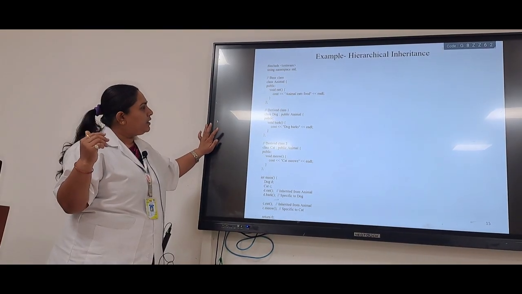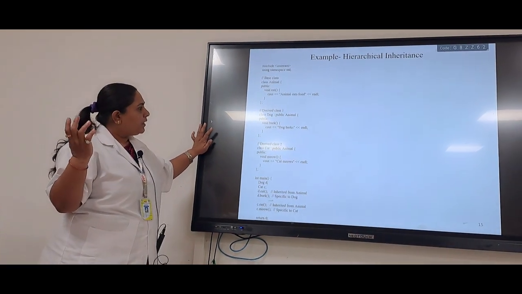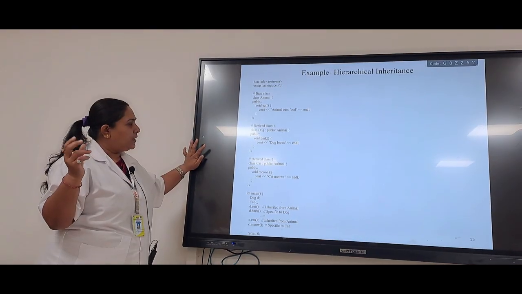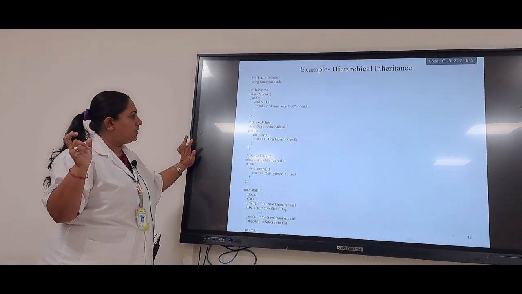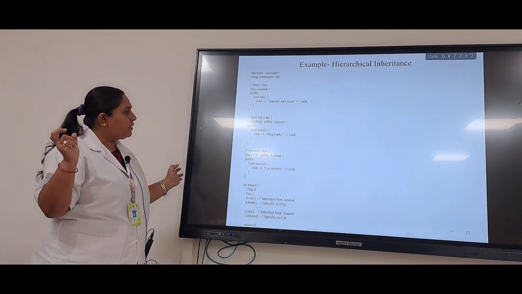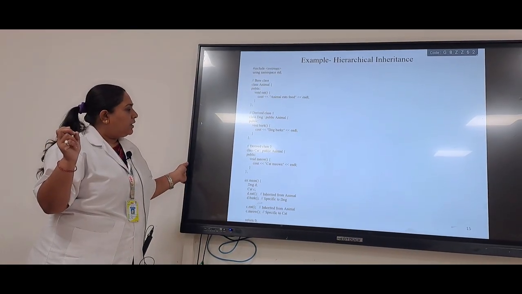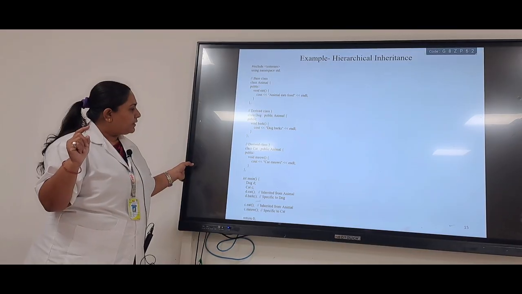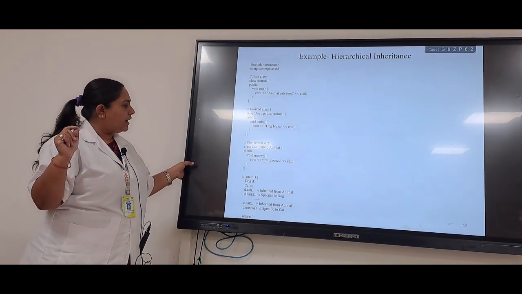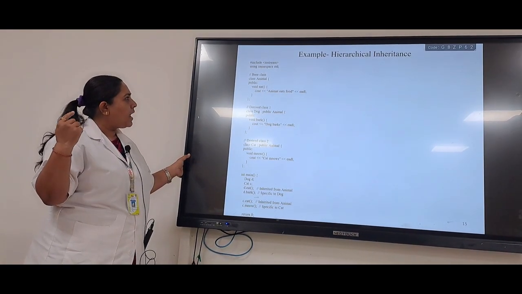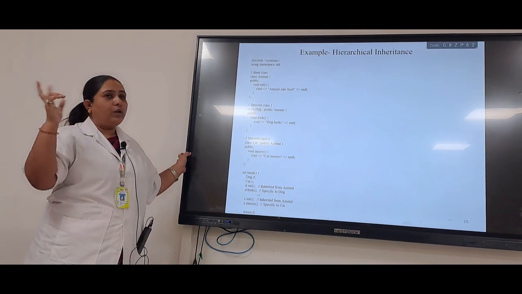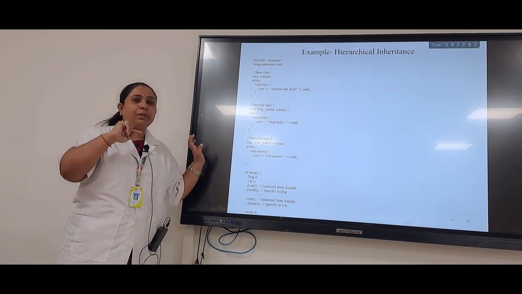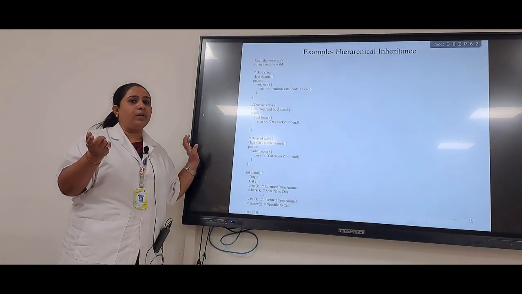I have one derived class dog, with a member function bark. Then I have another derived class cat. This cat is publicly derived from animal. Can you identify the difference between the previous example and this example?